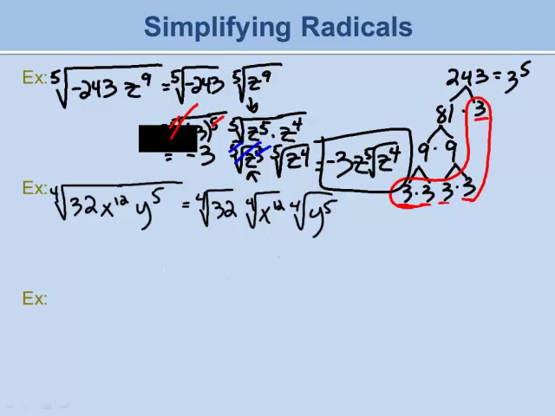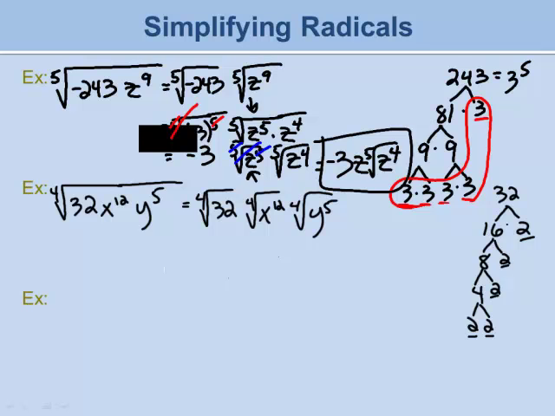Okay, 32. Is 32 a perfect 4th root? And the answer is no. So let's see what it is. If we take 32 and break it down into prime factors, 32 divided by 2 is 16 times 2. And then 16 will break down to 2 times 8. 8 is 2 times 4, and 4 is 2 times 2. So we have 1, 2, 3, 4, 5